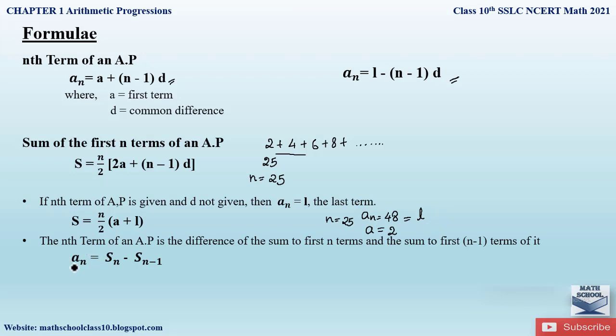And also there is another formula where the nth term of an AP is given as the difference between the sum of n terms and the sum of n minus 1 terms. So this formula can also be used to find the nth term of an AP, an. And in some cases they will ask you to find the sum of the first n positive integers given the last term l, that is the nth term. So they will give you the nth term or the last term and ask you to find the sum of the first 22 positive integers. Then here you can substitute the values in this formula and find the sum easily. So these are some of the important formulas that you should know in the chapter arithmetic progression.